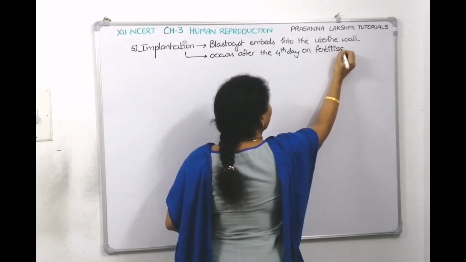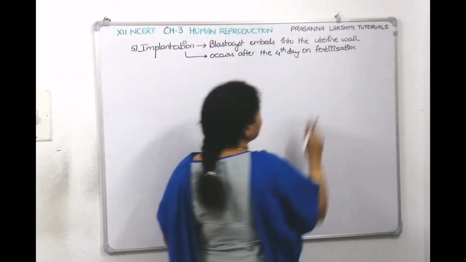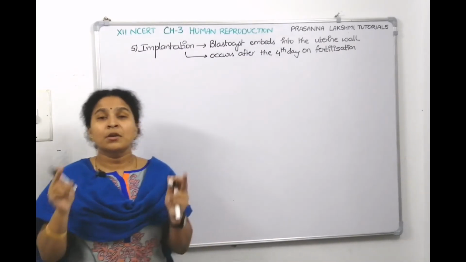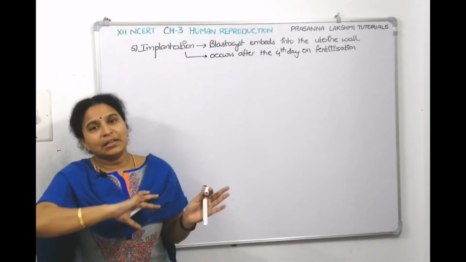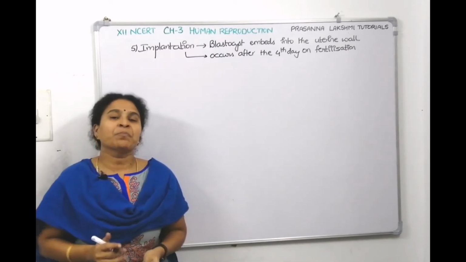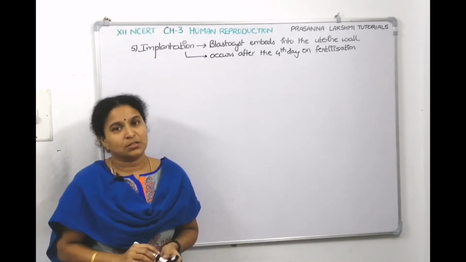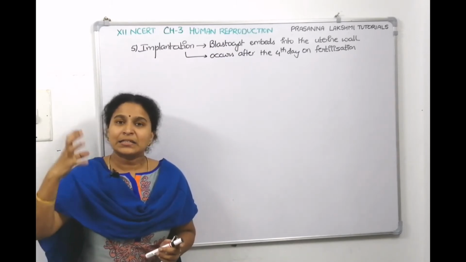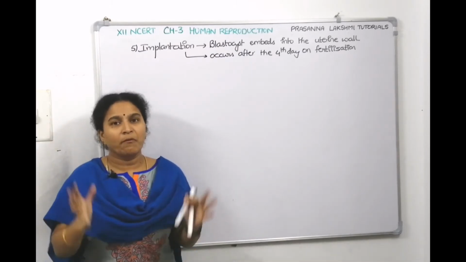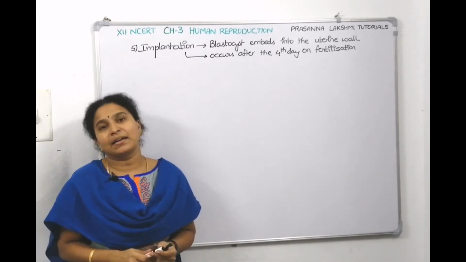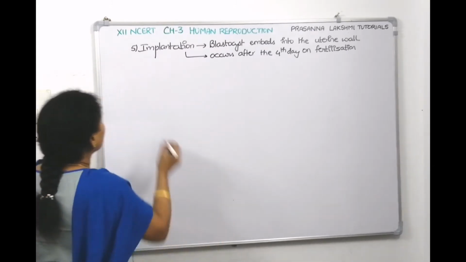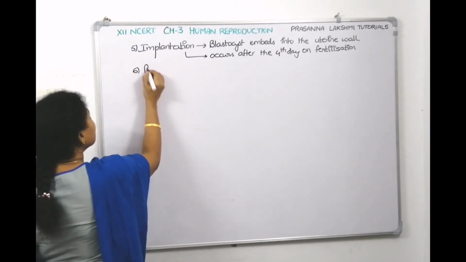Now that means after fertilization, after the zygote is formed, it takes 4 days for it to divide to become 2 cells, 4 cells, 8 cells, 16 cells and so on. So in these 4 days, it will develop this much, and once it becomes a blastocyst, 32 to 64 cells, then it sits inside the uterus, the womb, where the further development will happen. That process is called implantation. Now the next one is called placentation.